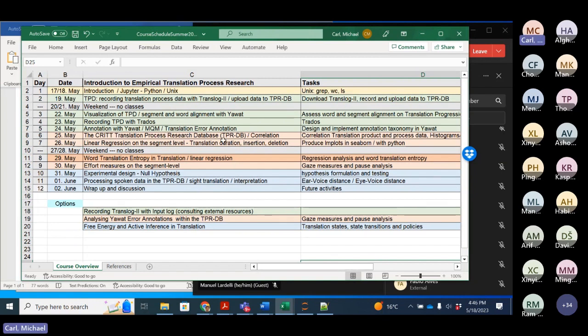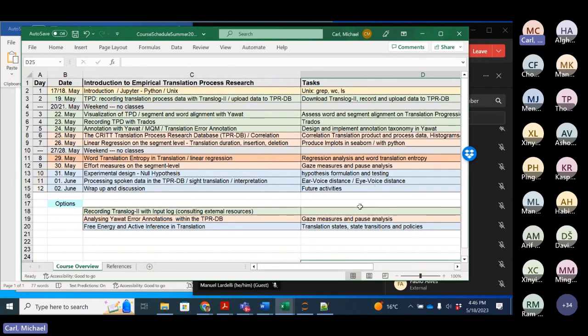I was already talking about this YAWAT tool. This YAWAT can be used for doing alignment, but also for error annotations, for instance, based on the MQM, multi-dimensional quality metrics, or other ways. So we want to introduce this a little bit, and we can briefly discuss how to design and implement an annotation taxonomy.